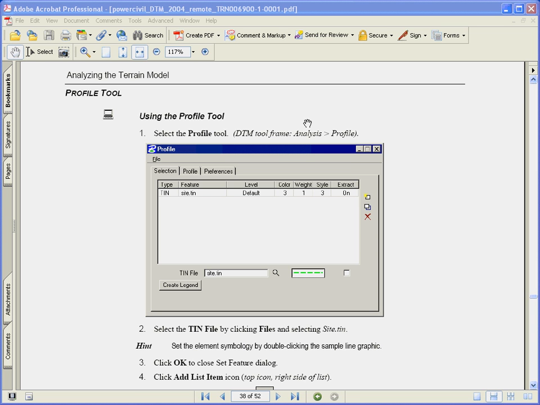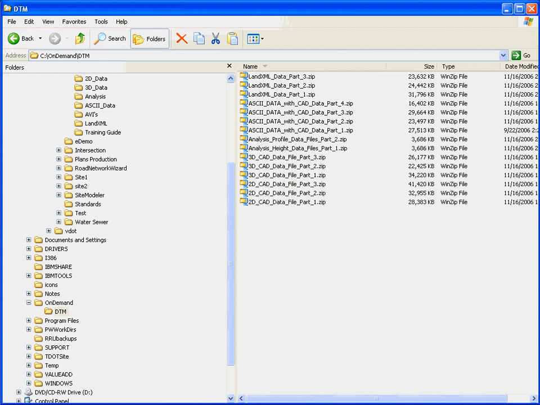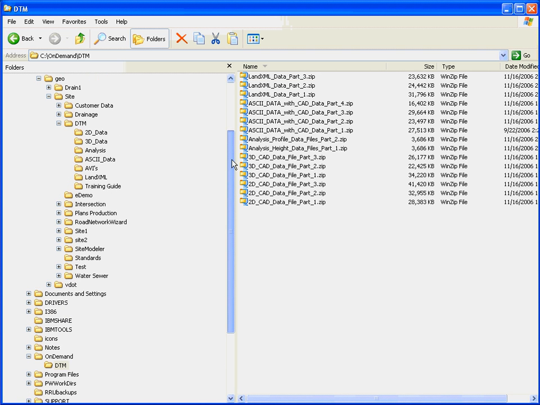During this video, we'll take a look at the DTM Analysis Profile tool. And our training guide will be starting on page 1-34 and continuing to the top of page 1-36. The files that we'll use will be the same